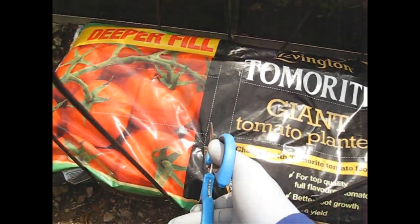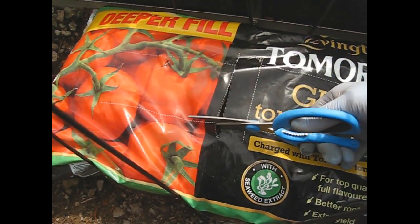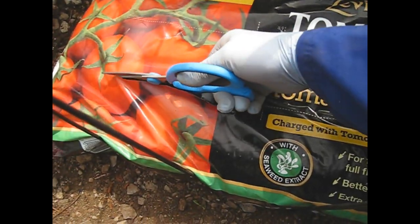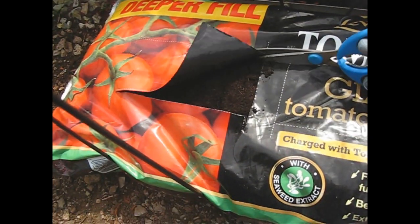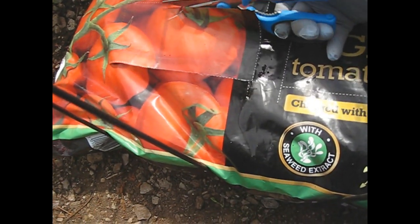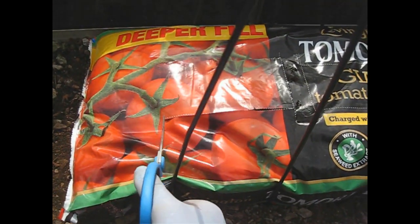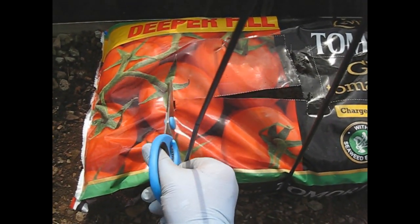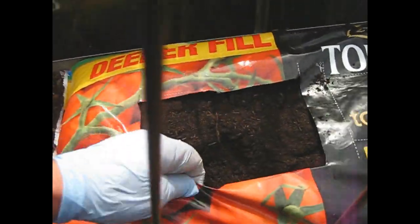And then we're going to go in and, using the dotted lines on the bag, we're going to make our cut down here for the first plant. Sharp scissors, usually a good idea. There we are, so we've made our cut, and we can slide that out the way, fold the flap over there and there,